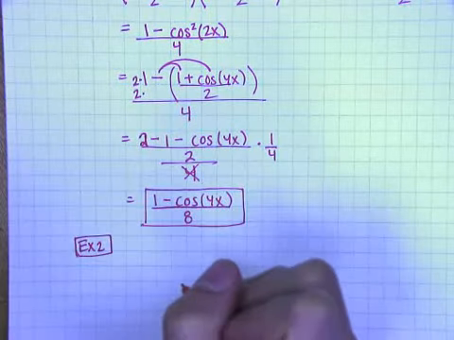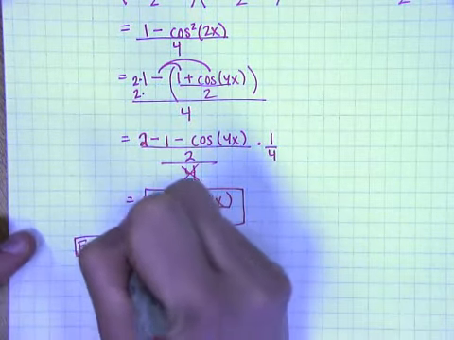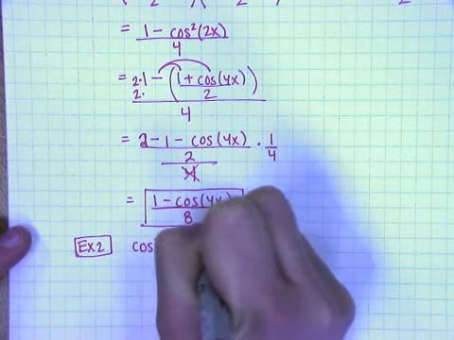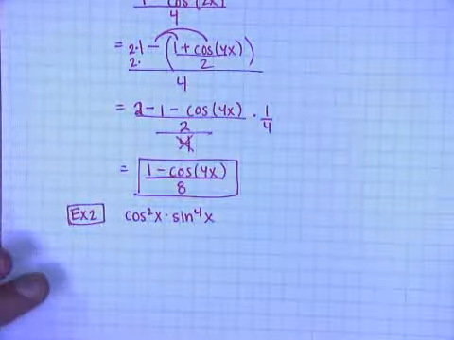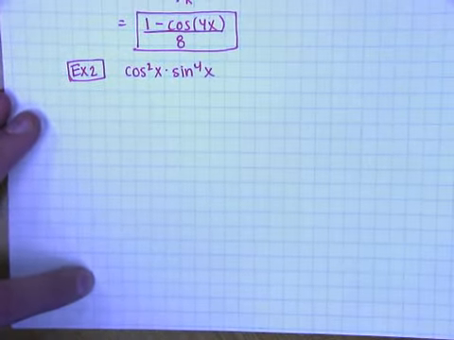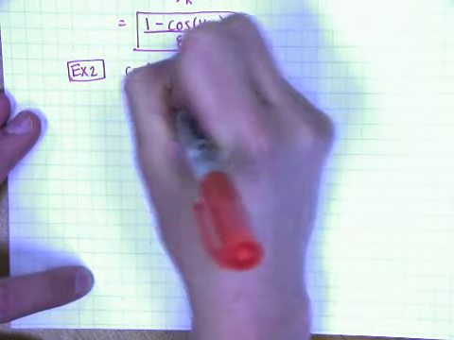I think we were looking at cosine squared times sine to the 4th. And we had just done sine to the 4th, so we subbed in what it was equal to. But as a student in class, Bricker, pointed out,